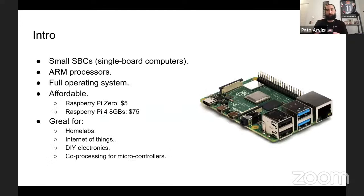So a little bit of an intro, if you're not familiar with Raspberry Pis. I think many of you have at least heard of them. They're small single board computers, meaning everything, memory, CPU, and everything, is on it. They're credit card size. I have one here, with an SD card for storage. They run ARM processors, which are cheaper, more efficient, and better suited for the small form factor. You can run a full operating system on them. Raspberry Pi has its own official operating system, but you can run Ubuntu. I've run Ubuntu, Debian, and other flavors, and they're affordable. I think that's the main